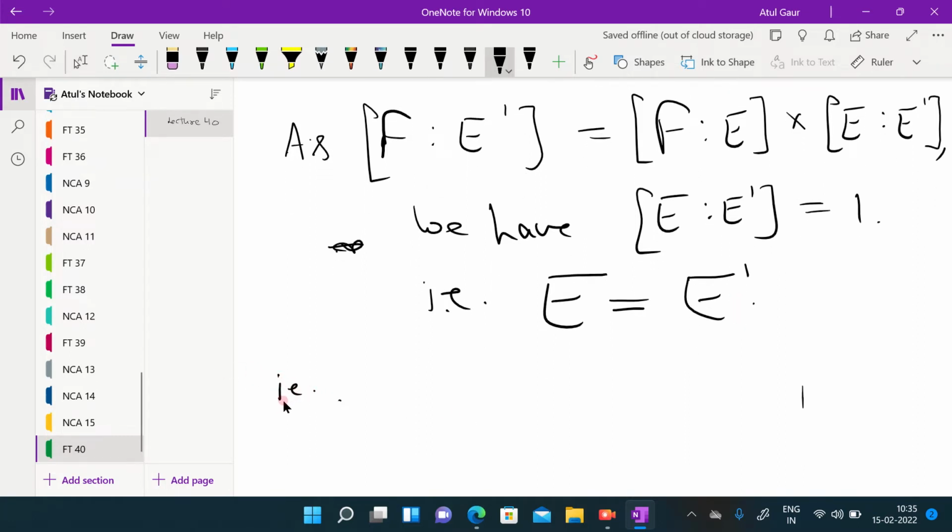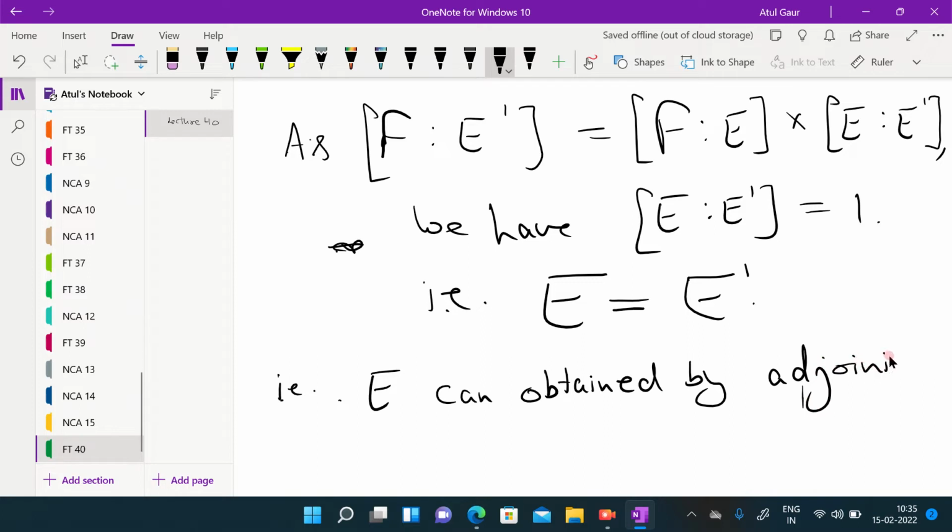That is, E can be obtained by adjoining all the coefficients